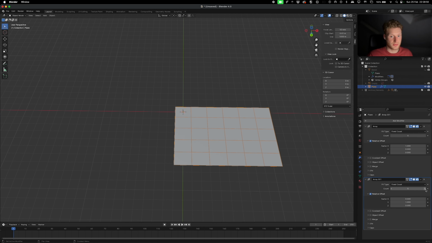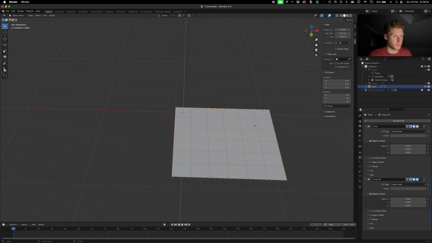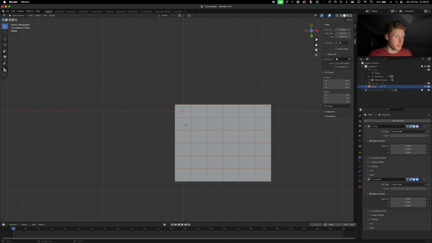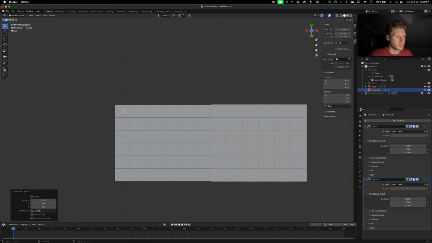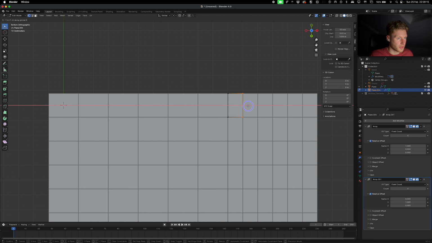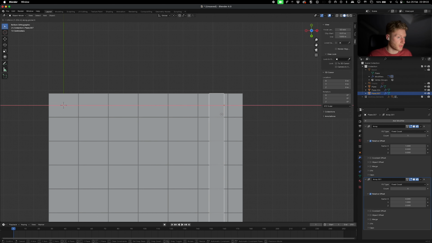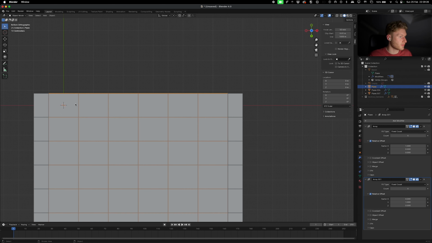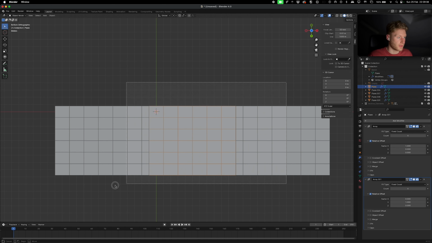Add that 6 times. Okay, brilliant. This is what we want. So I just duplicated that. So Shift D, G, X, and held down Control, and then on this one I just did G, X, and brought that in, and we only want 1 for this. So Shift D, X, that snaps in like that, and then I just duplicated this again, and that is our